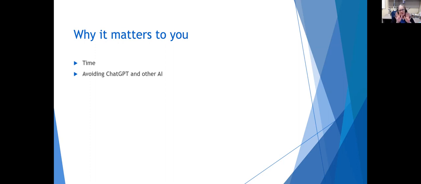I don't know if anybody thought about this yet, but it's a little bit harder to use ChatGPT and AI to create an infographic than it is to write an essay. Because ChatGPT will give you an essay in about 30 seconds. It cannot give you an infographic. It may give you some of the information you put in the infographic, but you still have to put it